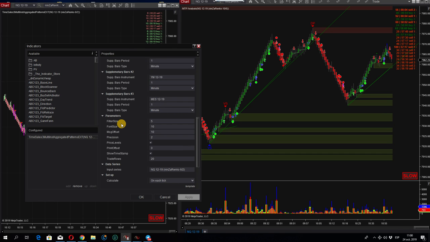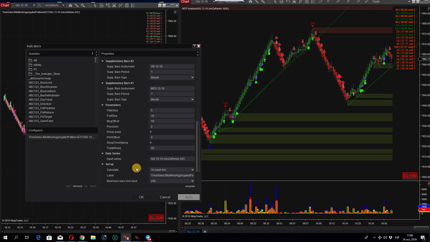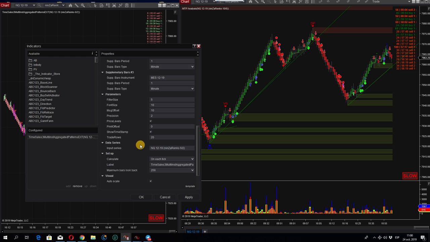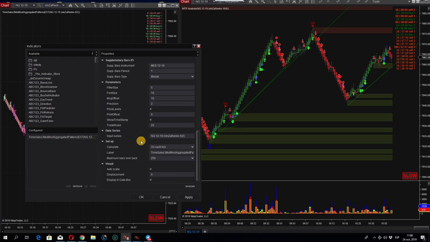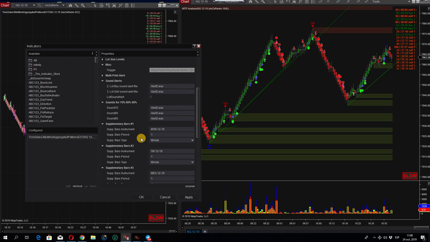You're going to put a filter size of 5 and a font size of 10. The font size is the size of the letters of the numbers. So message offset 10, price levels, trade rows of 20. You can put as many as you want, but 20 is pretty much what you need. So that will be it. You place this in a